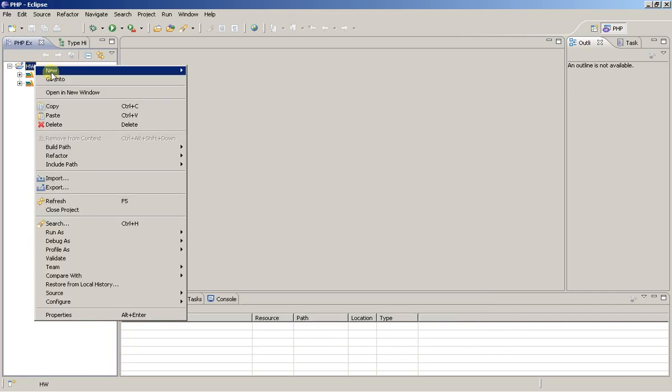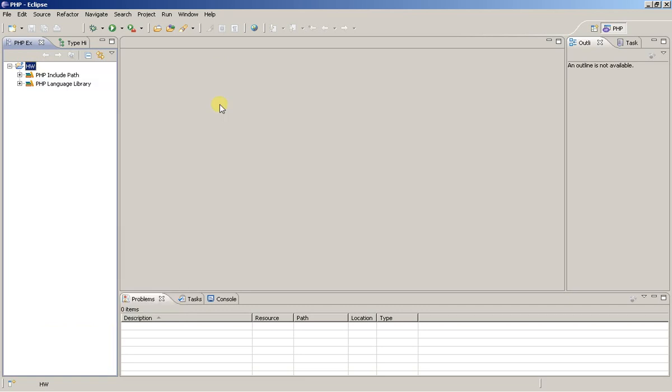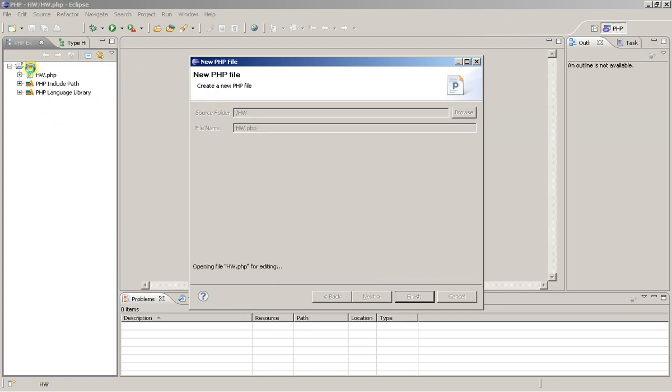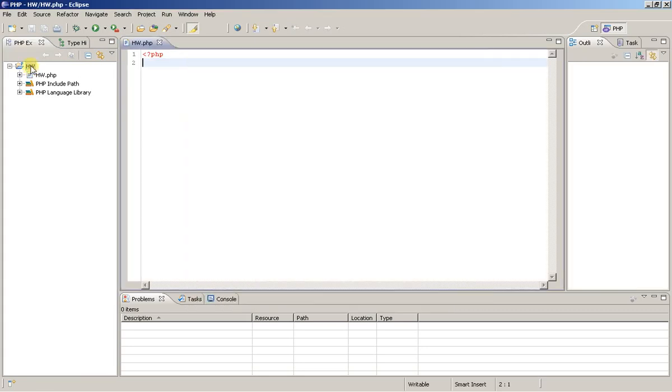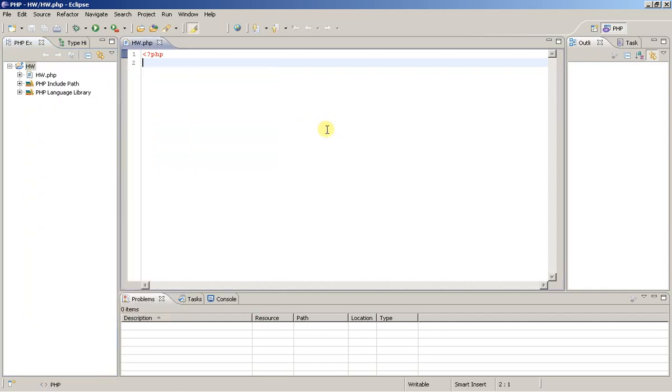In this folder we're going to create a new PHP file. We're going to call it hw.php. All I did here is right click in here, New PHP file. Now all I'm going to do here is create a very simple